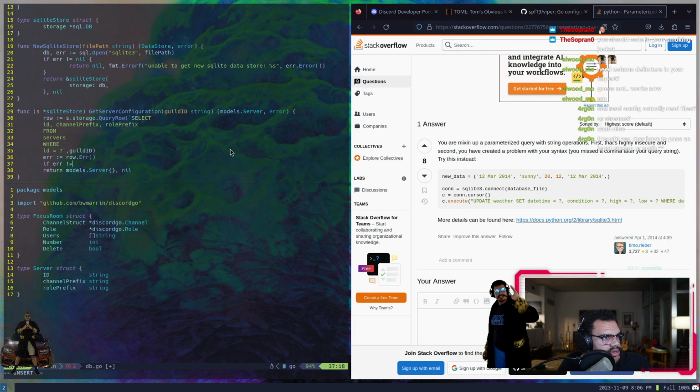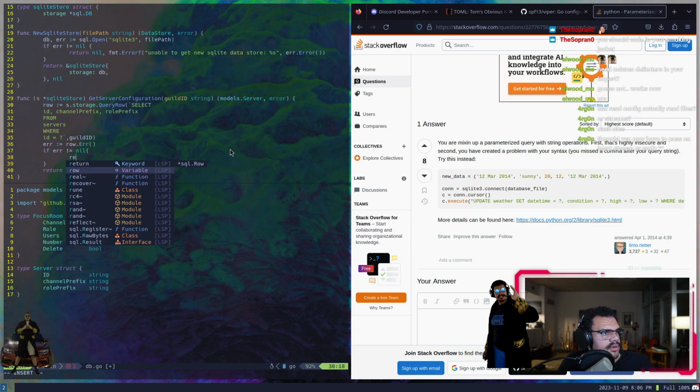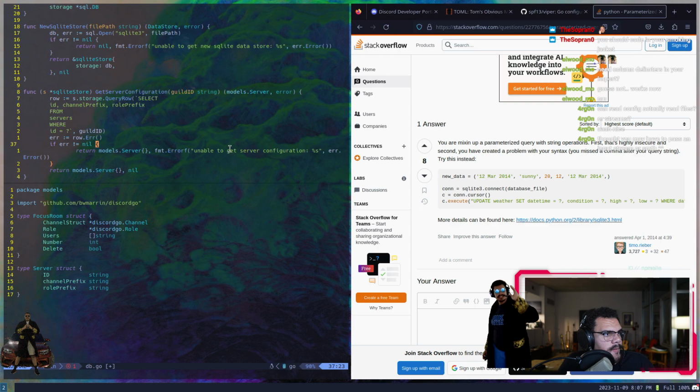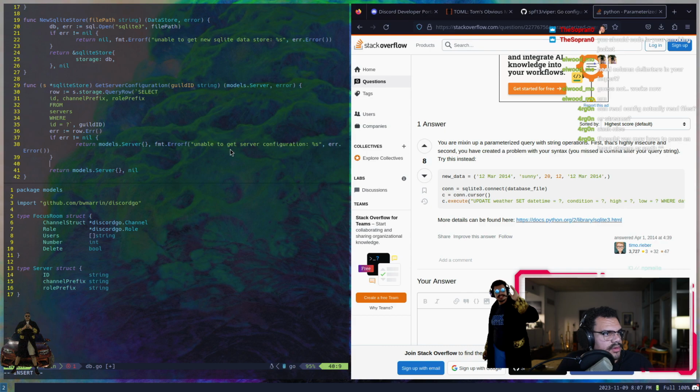If error is not equal to nil, return models.Server, an empty models.Server, comma, fmt.Errorf "unable to get server configuration %s", comma, error. So we have that. And then otherwise, we will do